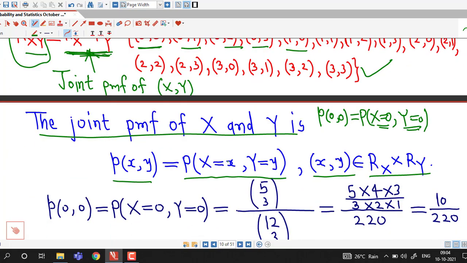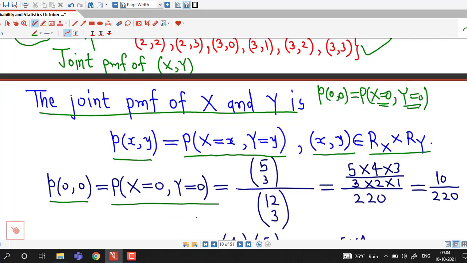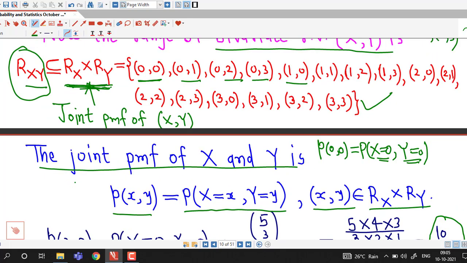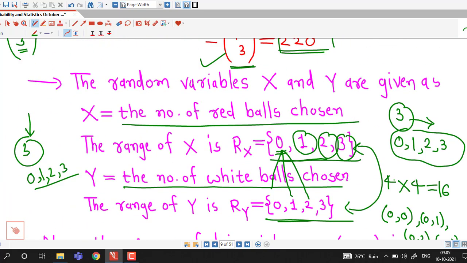So the value of the joint probability mass function at ordered pair (0, 0) will be equal to the probability of the event X equal to 0 and Y equal to 0, and it is equal to 5C3 divided by 12C3, and after simplifying we obtain 10 divided by 220. So in this way we have to find the value of the joint probability mass function at each of these pairs. Now the second pair is ordered pair (0, 1). So for that